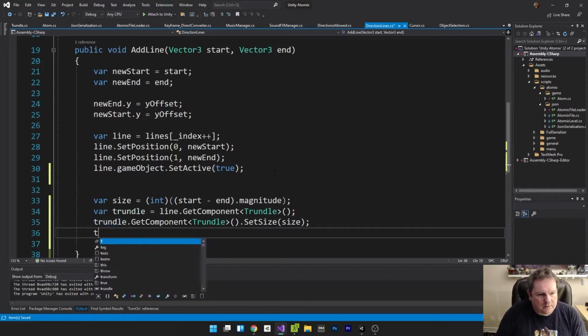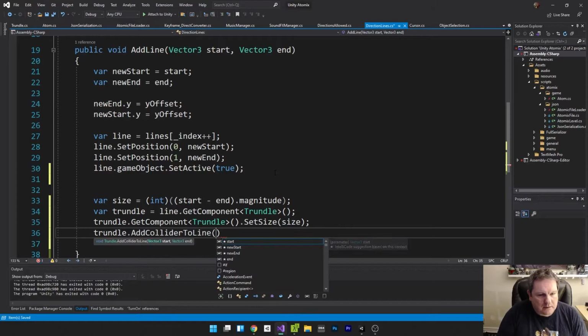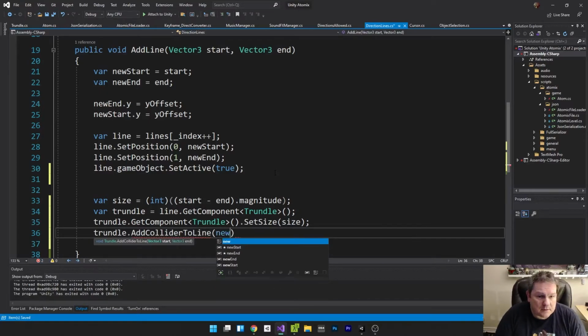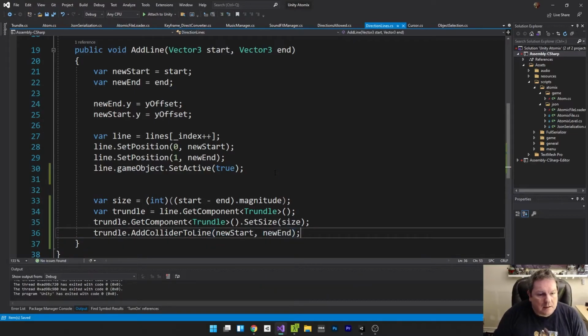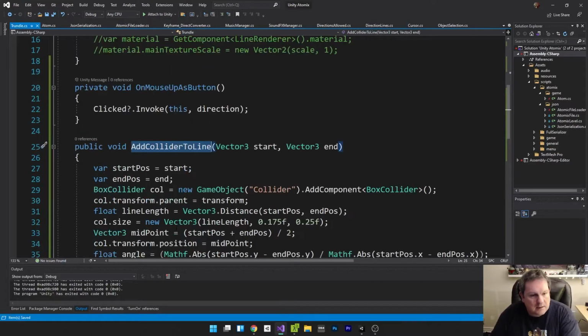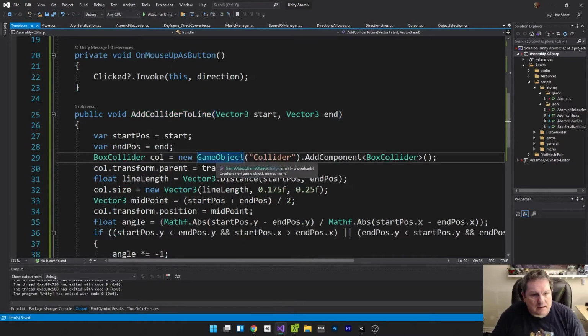And I'm going to do trundle.AddColliderToLine, and then it's going to be new start, new end, and then inside here I'm going to say